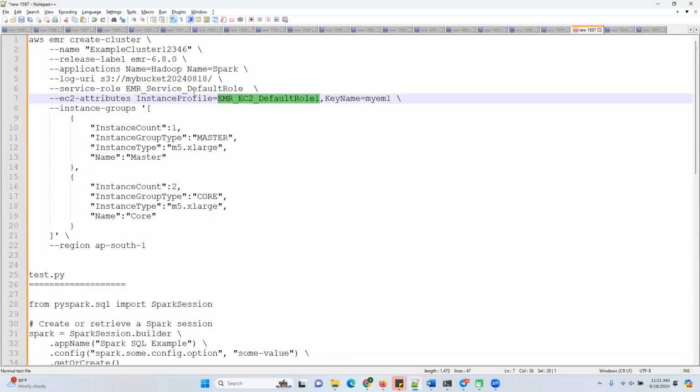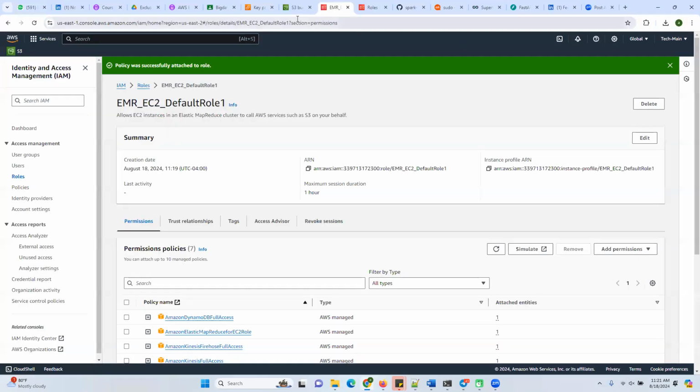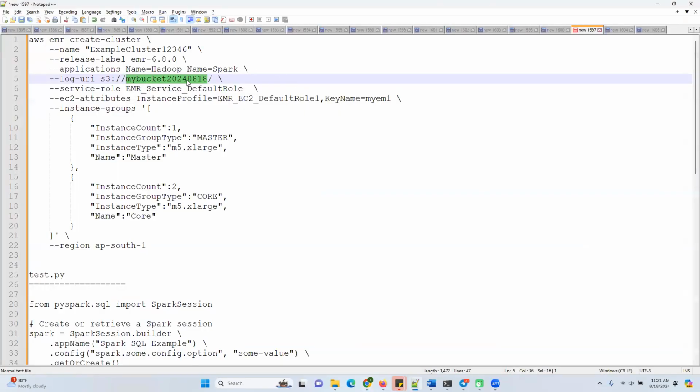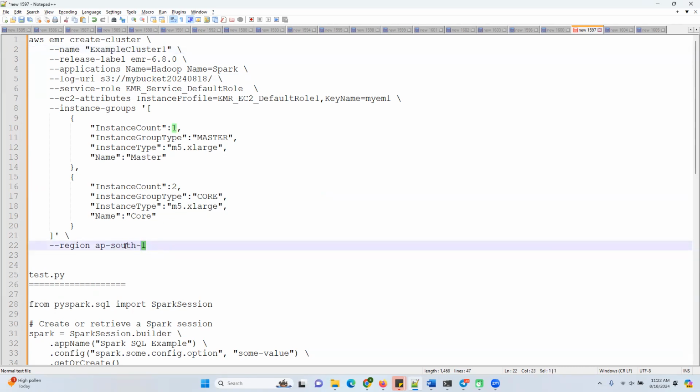So how many things are here? This role is ready, this role is ready. The S3 bucket is created, and we can keep its name as 1, 2, 3, 4. Okay, so I think everything is there, but make sure the region is US East 2, because if we have given a wrong region, it will create in that wrong region. Whatever you are setting up, everything should be in place. So once you have everything in place,